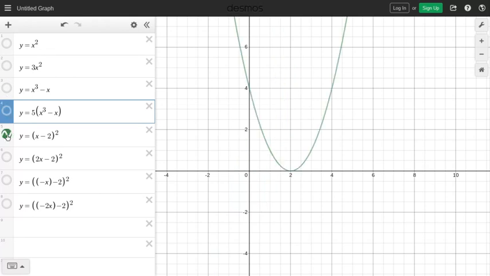And we have the parabola. So we've got y = (x - 2)². So f(2x) will compress by a factor of 2 towards the y-axis. There we go. Now f(-x) reflects the graph in the y-axis. So f(-2x), just replacing every x with -2x, will give